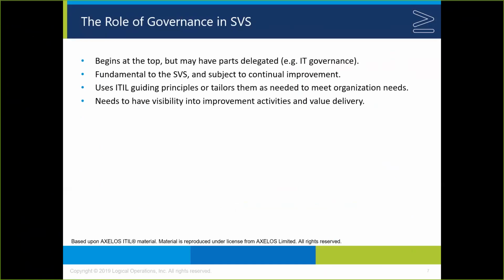How and who does continual improvement? How do we leverage the guiding principles? How do we carry out value chain activities? How do we execute our practices and so forth? We want to think about how governance sits as an umbrella over all of this and helps color how we use our various practices and what some of the rules might be. This is especially important in the context of policy alignment. I have to make sure that the things we're executing comply and conform to organizational policies and constraints.